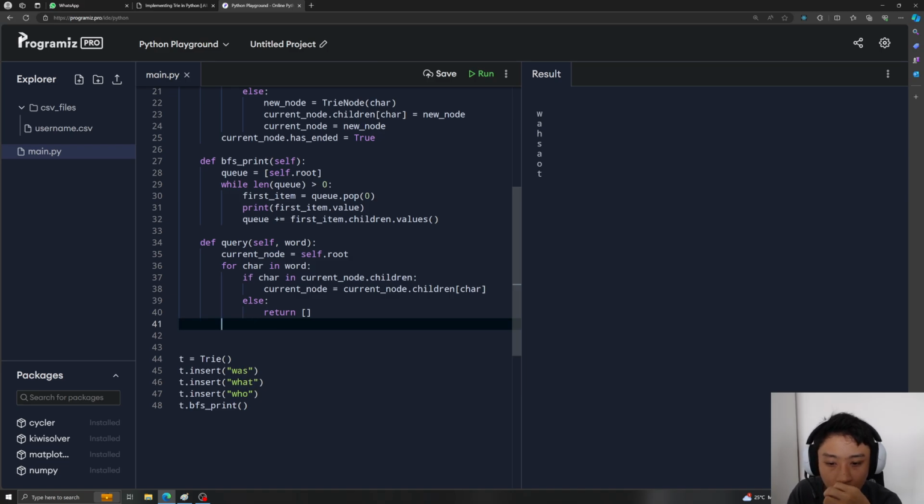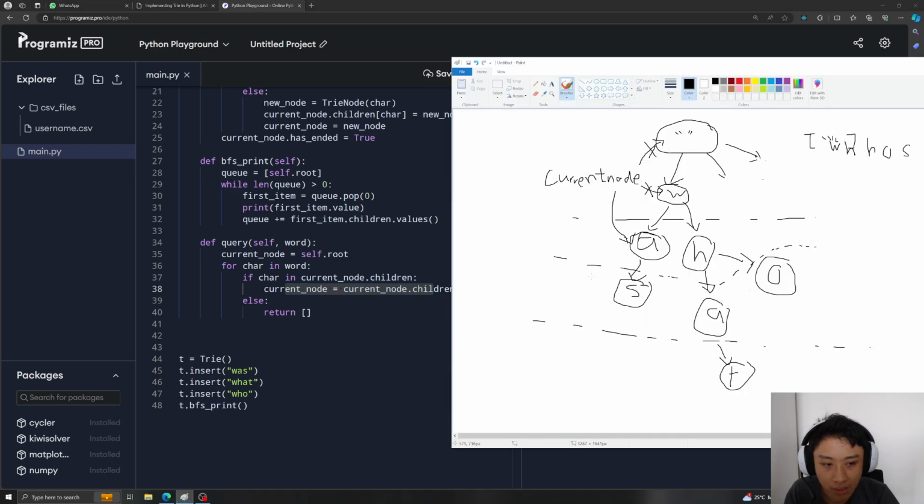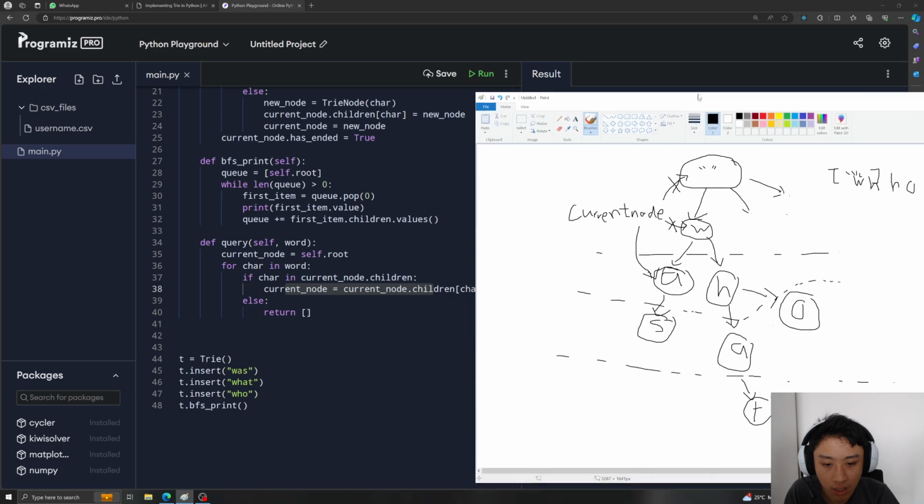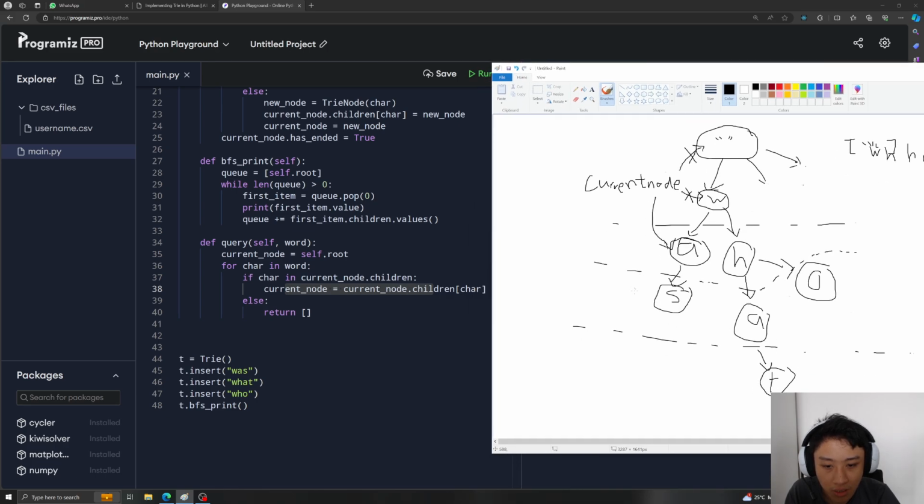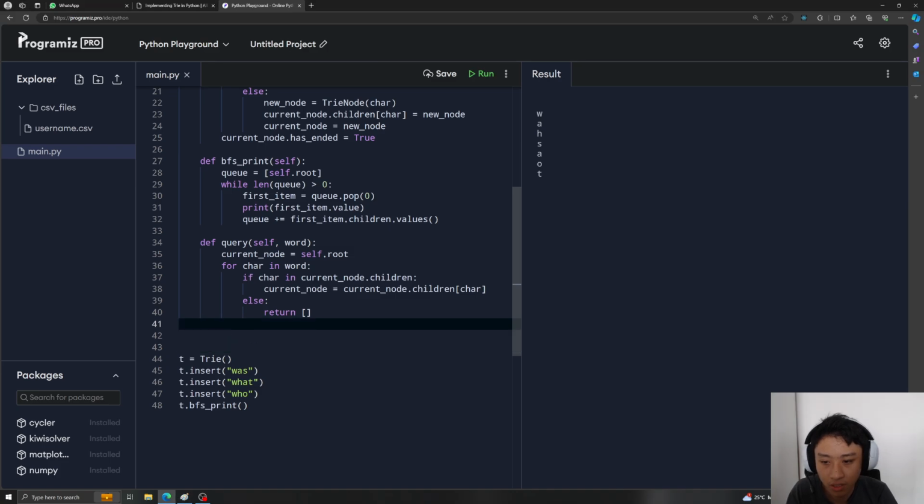Right. So I now traverse to the latest node of the character. I want to make it in a way that I can do a search based on the pointer. For example, I search for WA. The current node has to reach A, and then after that we do a search based on A as a root node. So we can do a DFS search on